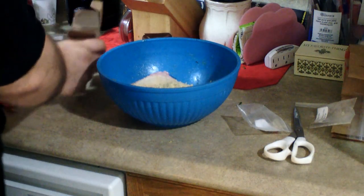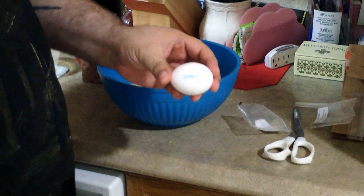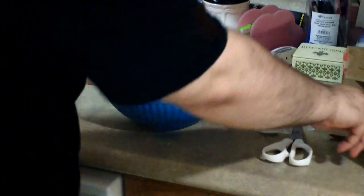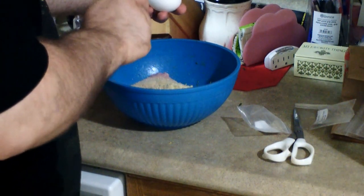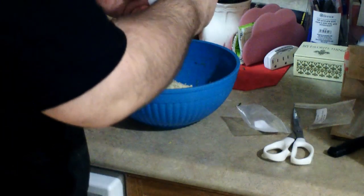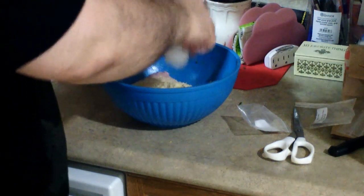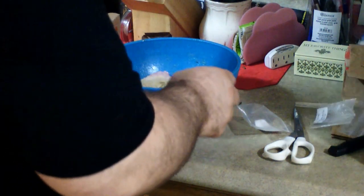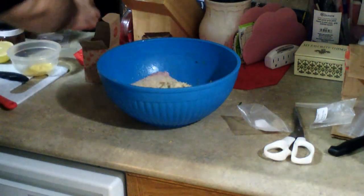And an egg. Actually, kind of a small egg. From Foodland, Ontario. I don't know if you can see that. So now I'm in New Brunswick, and it's quite the distance to go, but I guess with the ice pack and the way the box is packaged, it's pretty good. All right, it's extra salt, a bit more pepper,